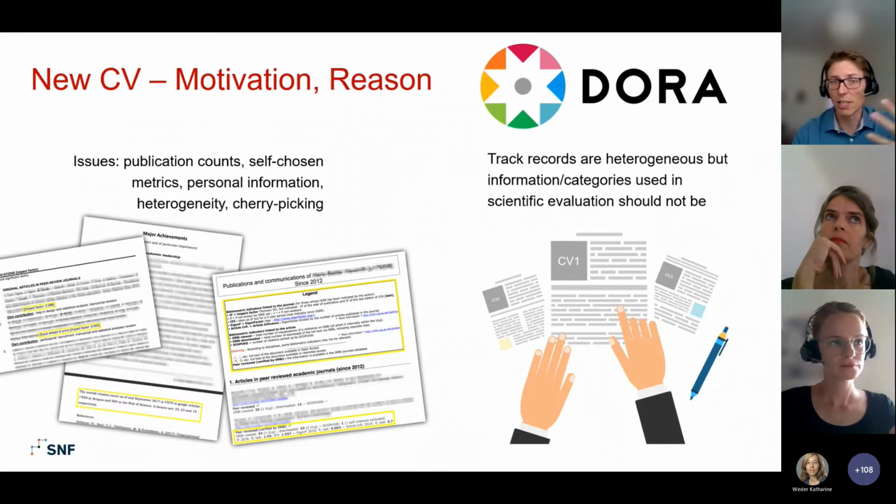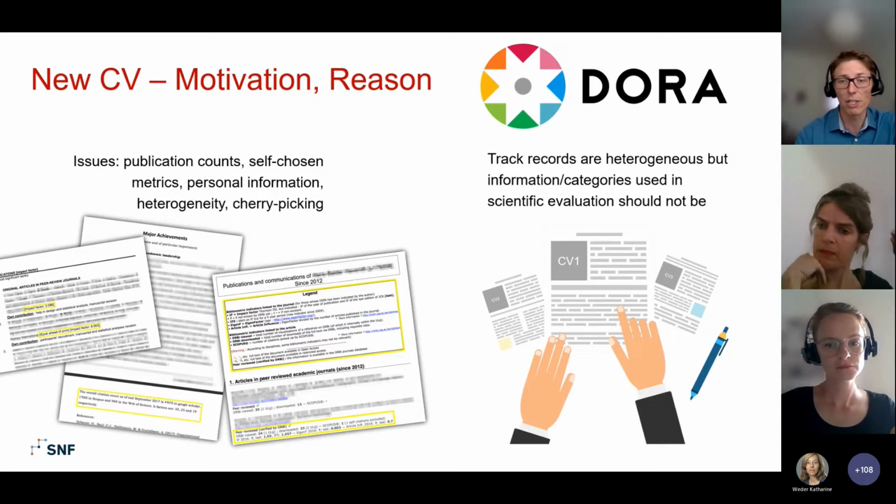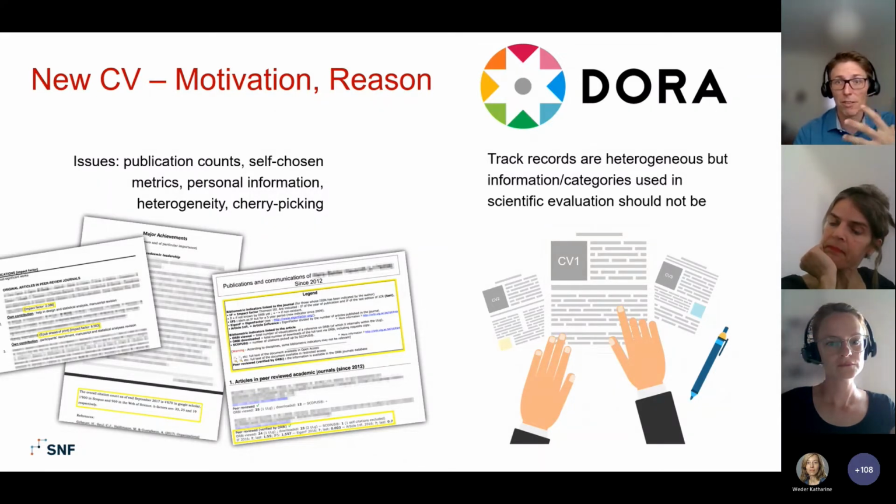And besides this high degree of heterogeneity, there was also frequently information which was not DORA compatible. And since the SNSF signed the DORA declaration, this was obviously not very satisfying for us. And so to remedy the situation and to find a CV format which englobes the most important information of a researcher's career in a concise way and provides the same level of information for all applicants, we started to think